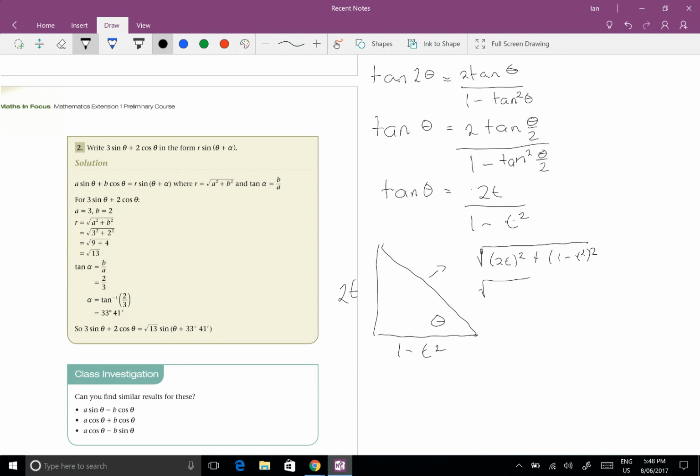Okay, keep our square root. That'll become 4t squared plus, and this is a perfect square, so that's the first thing squared, 1 minus 2 times 1 times t squared, so t squared, plus the last thing squared, which is t to the 4. And that equals,